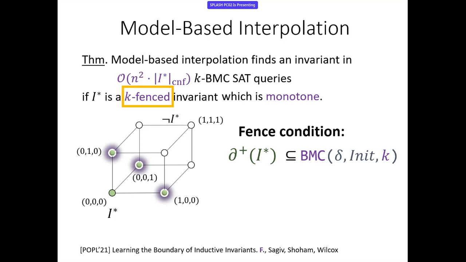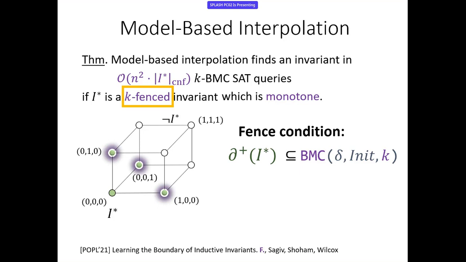So in a sense, if this condition is satisfied, then through bounded model checking we can at least partially detect the edges of our invariant. So this is the condition we require about reachability. And it's quite versatile, allows for some very interesting cases of invariance.